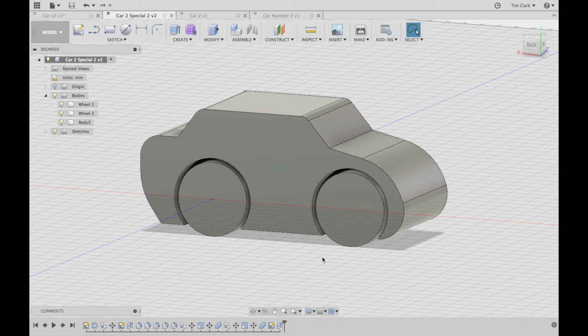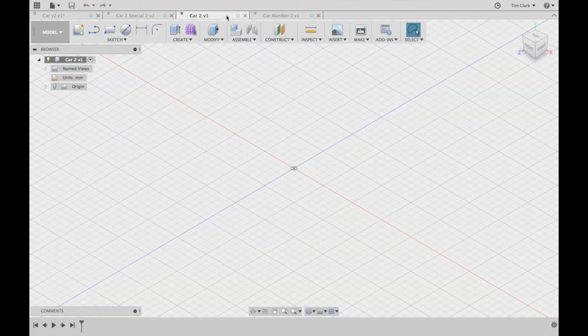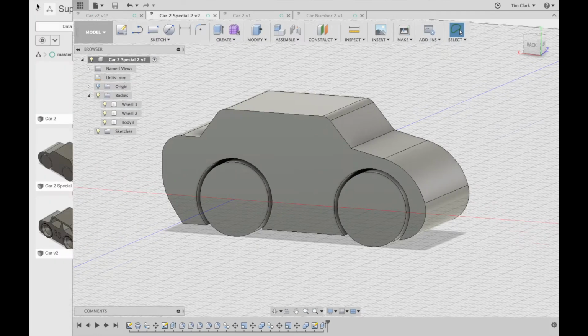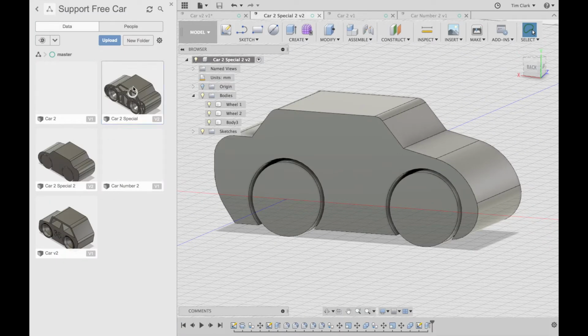So here we are looking at our car that we've drawn, and we want to hollow out a bit, and hollowing out adds interest and it also saves on plastic, so it's a good idea in both regards. Here's a sample one somewhere along here that I did before. Let's open the sample one now. There it is there, so I'll double click on that